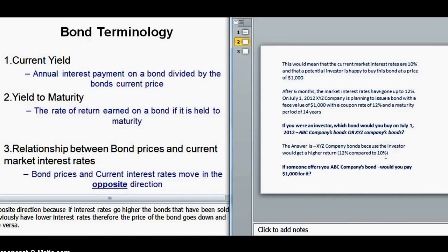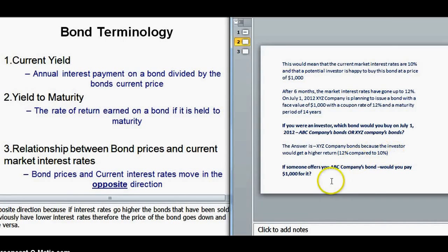So the decision that you will make will be based on what is the current market interest rate. If the current market interest rate has gone up, then the investor will expect a required rate of return which is equivalent to the market interest rate. So he would not like to buy a bond at the same price offering a lower coupon rate of interest than the market interest rate.